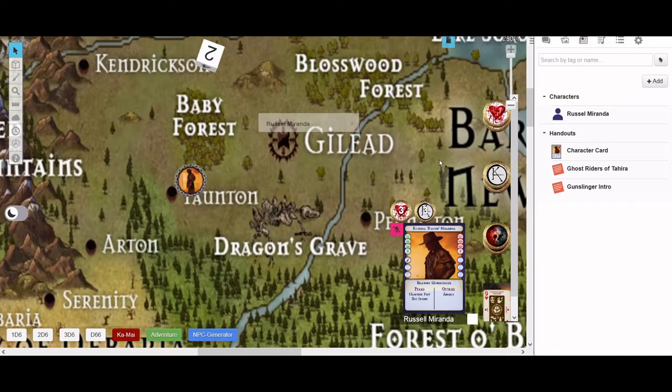He dismounts and lashes Ensign to a nearby fence post. And as a matter of respect, he removes his hat and steps inside.